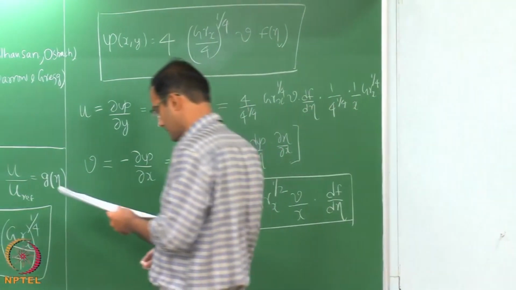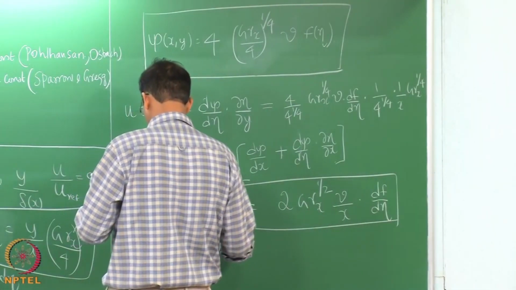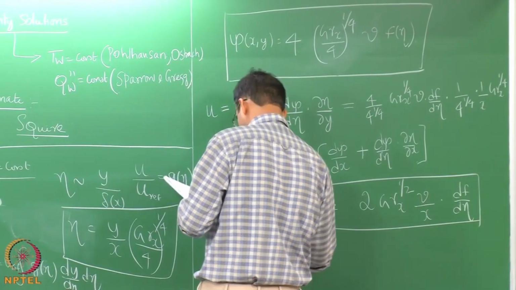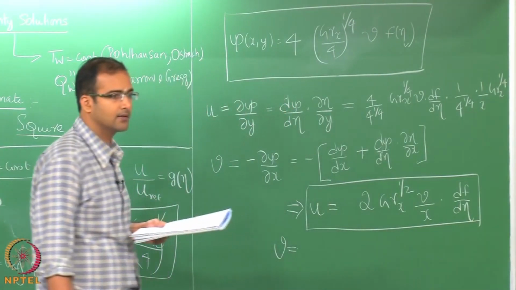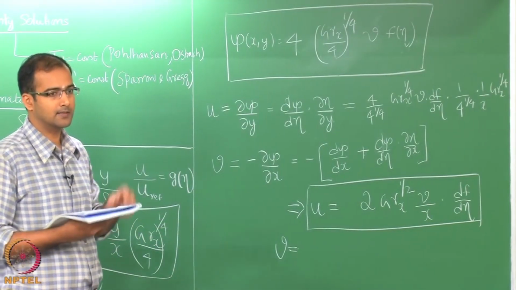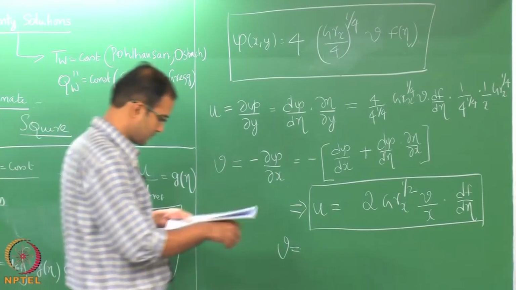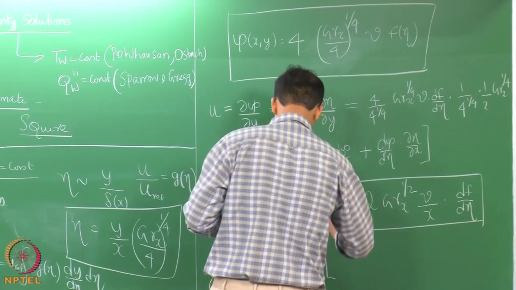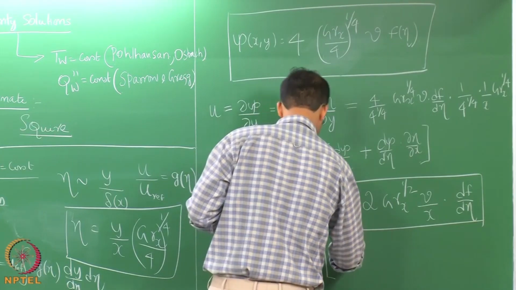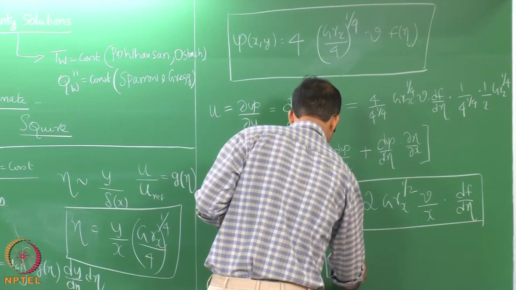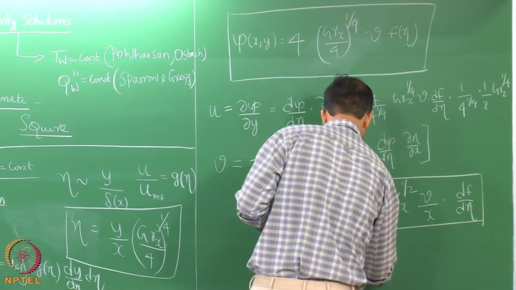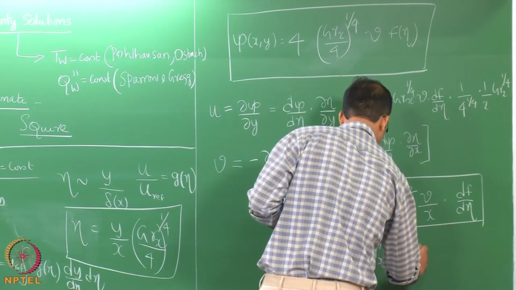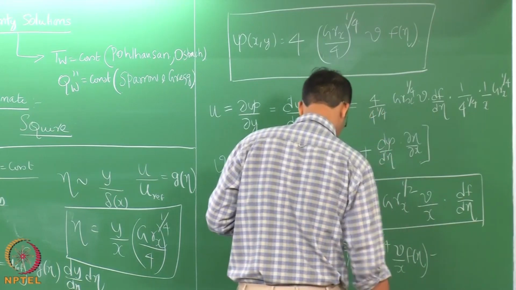Similarly, you can find v also. What I will do is I will write down the final expression here. It will take some time, about 5 to 10 minutes to simplify and do this. You can check this a little bit later. So, it comes out to be minus 3 by 4 raised to the power 1 by 4 Grashof number 1 by 4 nu by eta minus